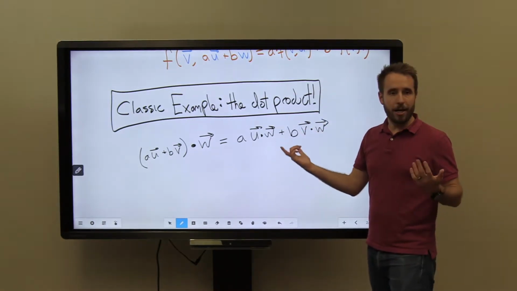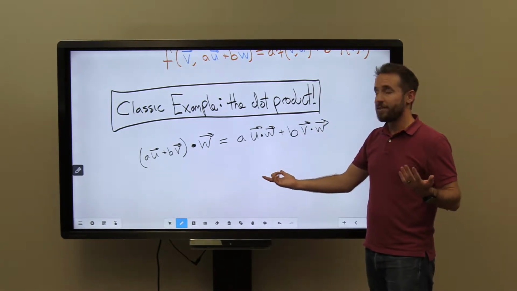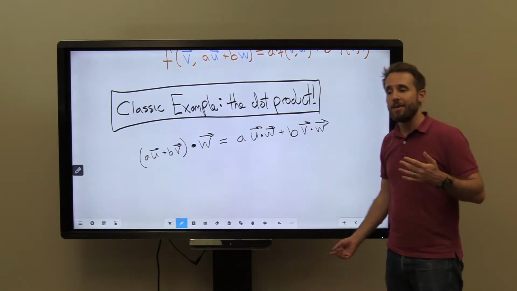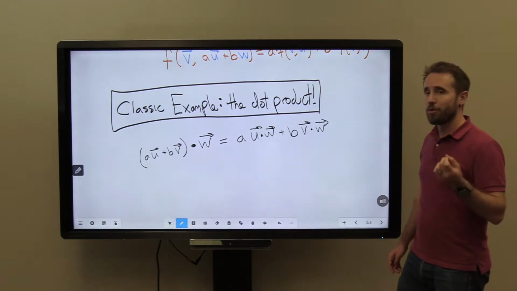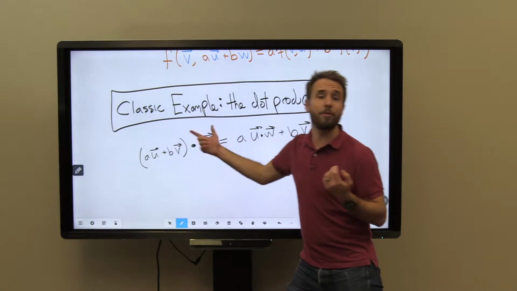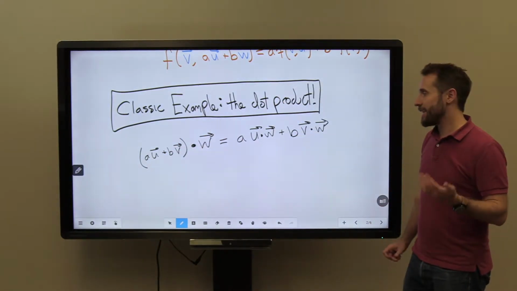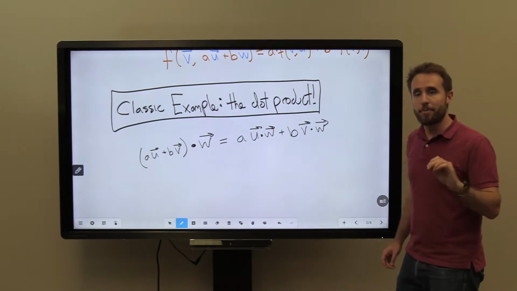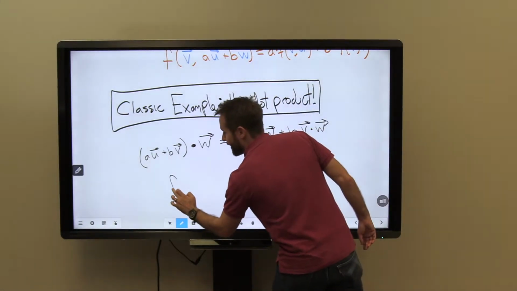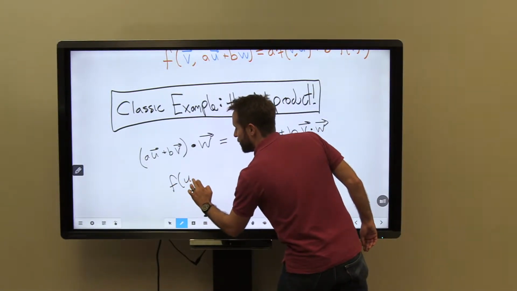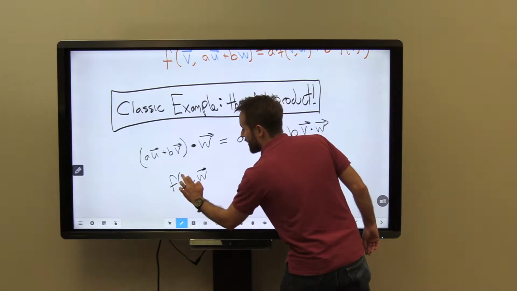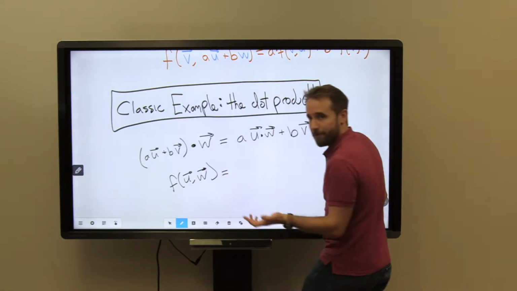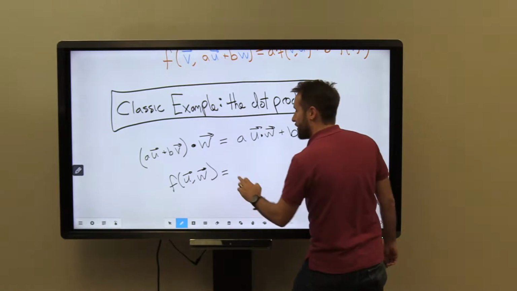Right, and I should say that addition and scalar multiplication have been broken up in this linear way across this first vector. And of course, it behaves similarly in the second vector. Here, to be crystal clear, for the dot product as our example, I'm saying that f of u comma w, if those are two vectors I'm plugging in, my function is just going to have the output of